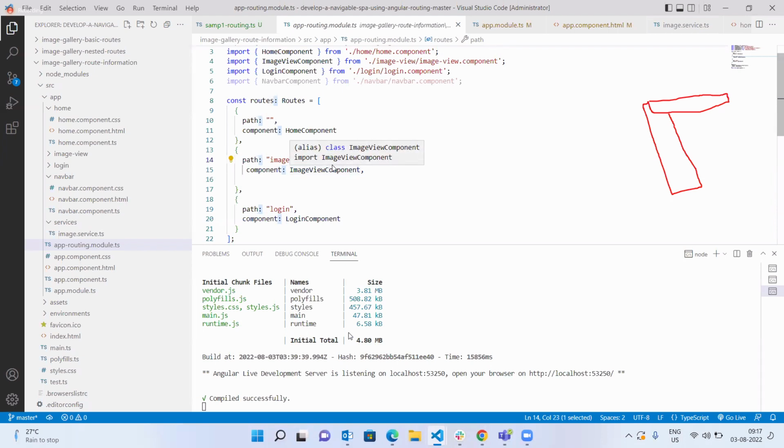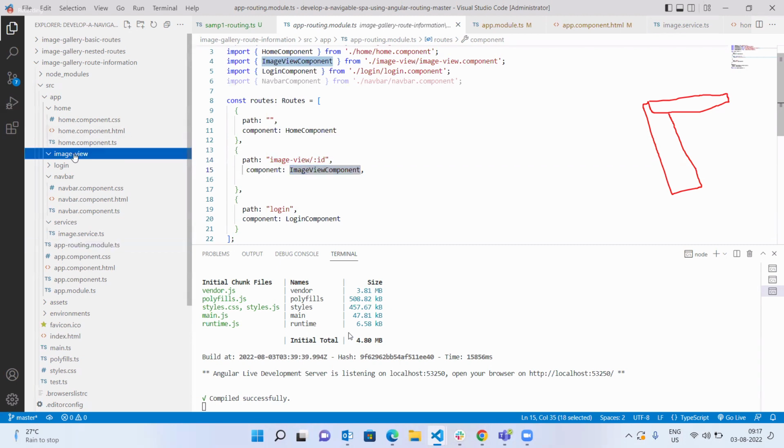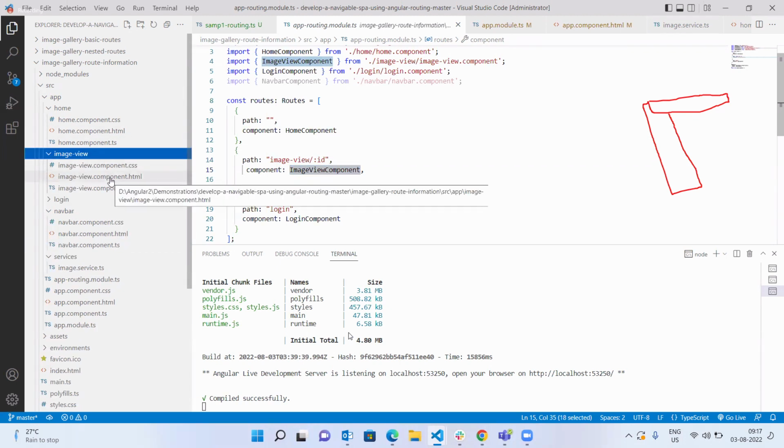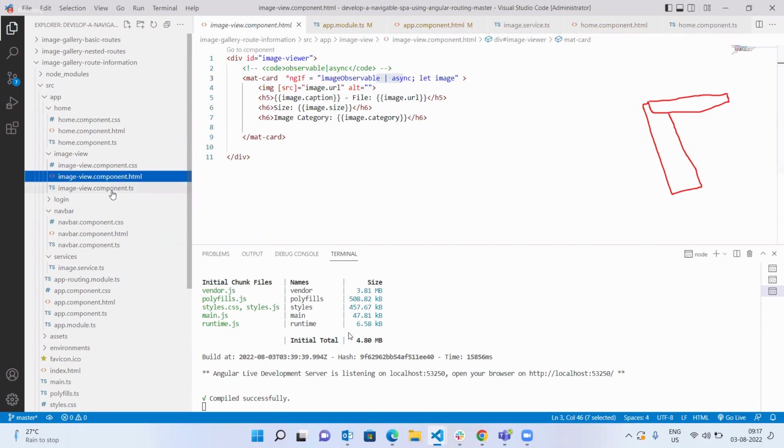So what is stored in this variable? If we click on the second image, 2 is stored. If we click on the second image, ID 2 will be stored. Taking this information, it is going to the image view component. What is there in the image view component? Image view component is again having a